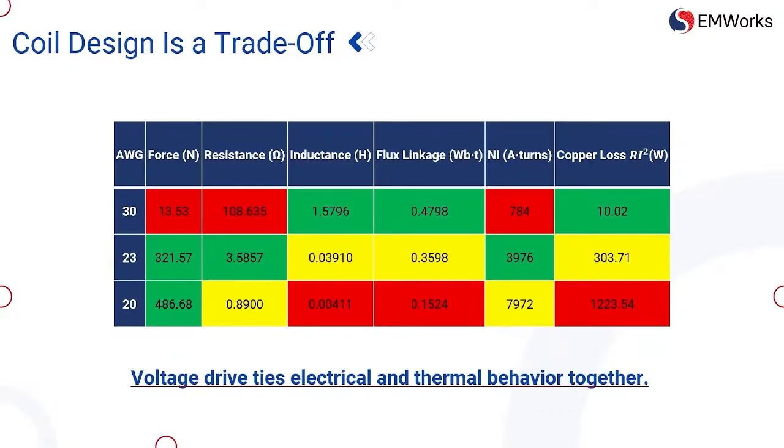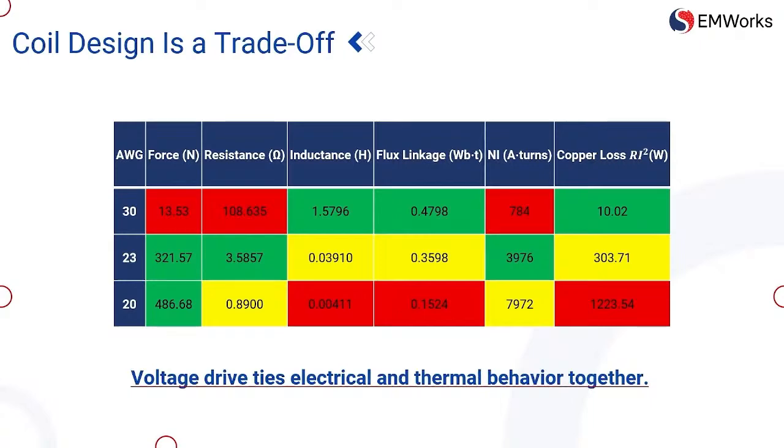Inductance, flux linkage, NI, and copper loss are all linked. Under voltage drive, it's not possible to optimize one parameter in isolation. The key takeaway here is that coil design under voltage drive is inherently a coupled electric and thermal problem, not